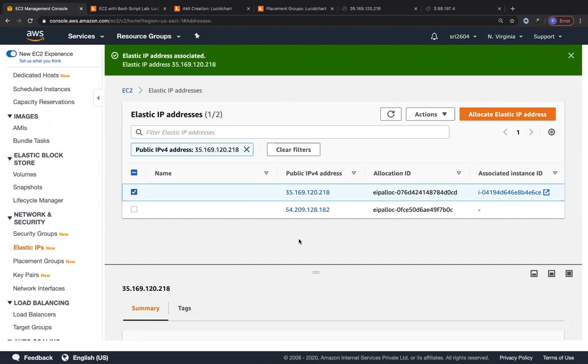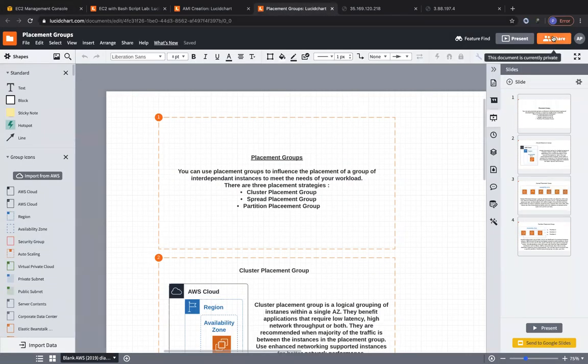Other than all of these concepts, one very important concept that we are going to study today is placement groups, right? We saw security groups. I'm not going to recap because we already saw that. We all know what key pairs are. We now know what network interfaces are. We know about elastic IP. So one thing that is left over here is called placement groups. So let's go ahead and look at one particular slide that I have created for the placement group.